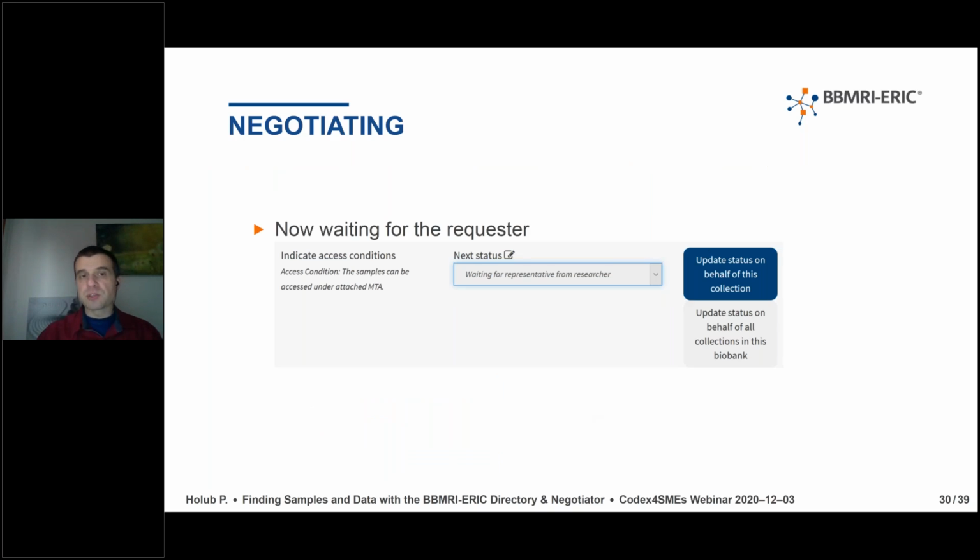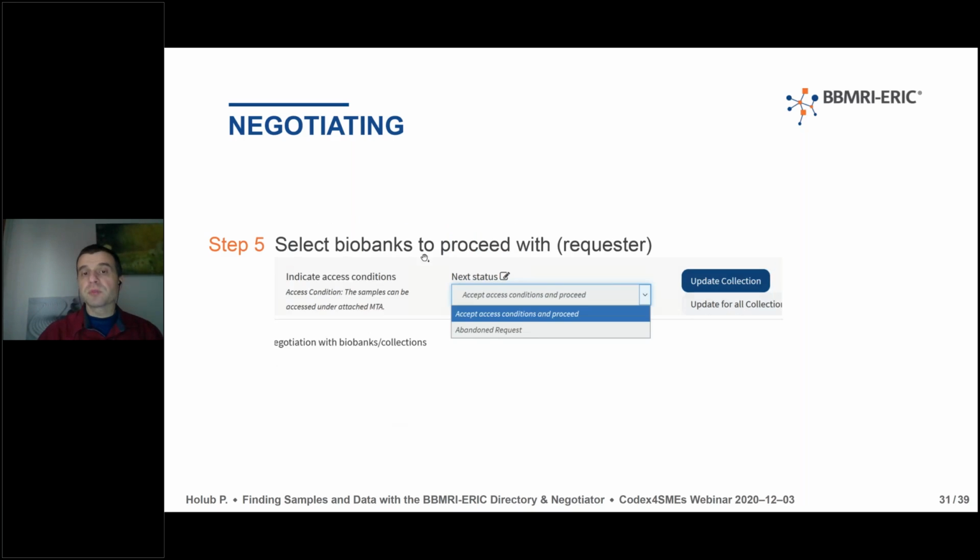Now the biobanker is waiting for the requester, because the biobanker has provided everything up to the MTA DTA. Now, if the requester selects a given biobank, and that means they click accept access conditions and proceed with the given biobank or with the given collection,